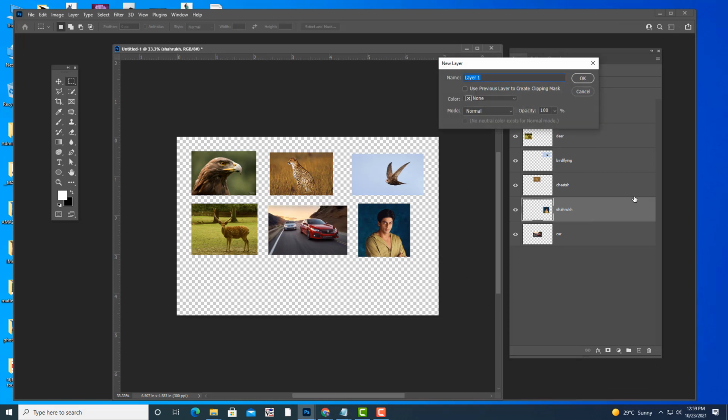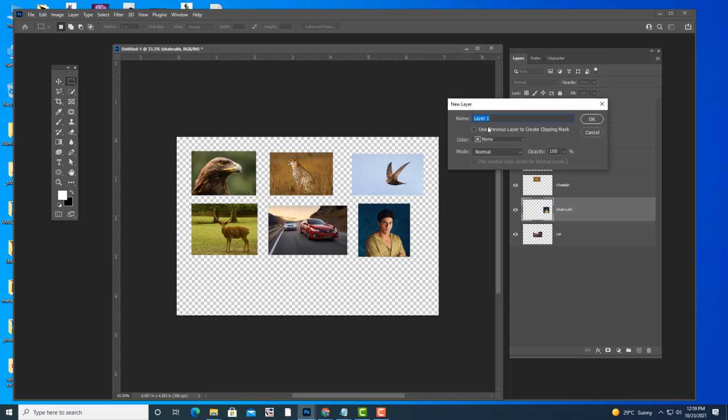So the moment you hit Ctrl+Shift+N, see, the New Layer window appears.